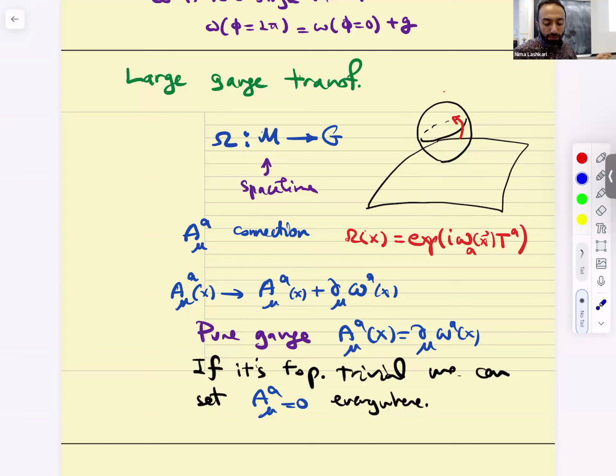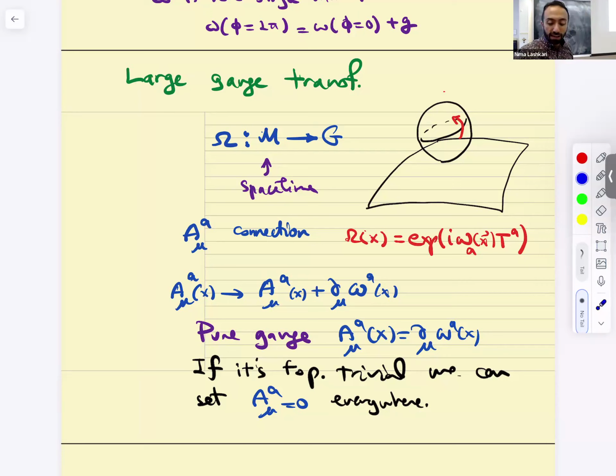A gauge transformation is a particular transformation around this gauge group, a particular member of this Lie group. Now A_mu, or in the non-abelian case, Lie algebra valued, is a connection. We said that we needed a connection so that we can make sense of the derivatives for charged matter to put in the action,